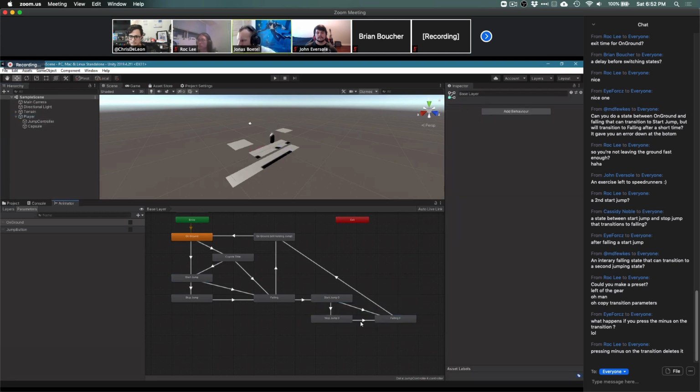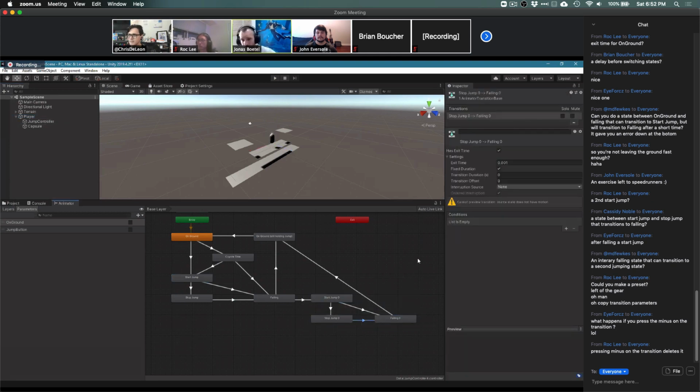But that should be doable. And yes, that would be a very good idea. If you use this kind of framework, if you do animators as state machines, you probably want to